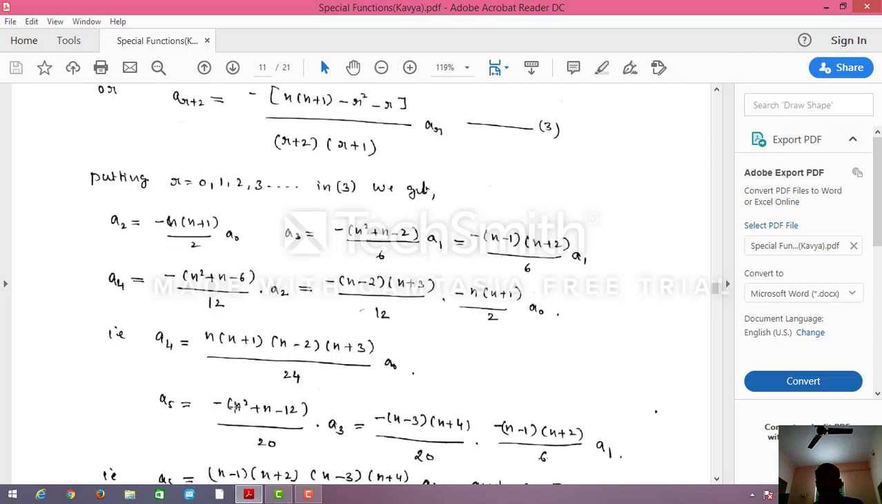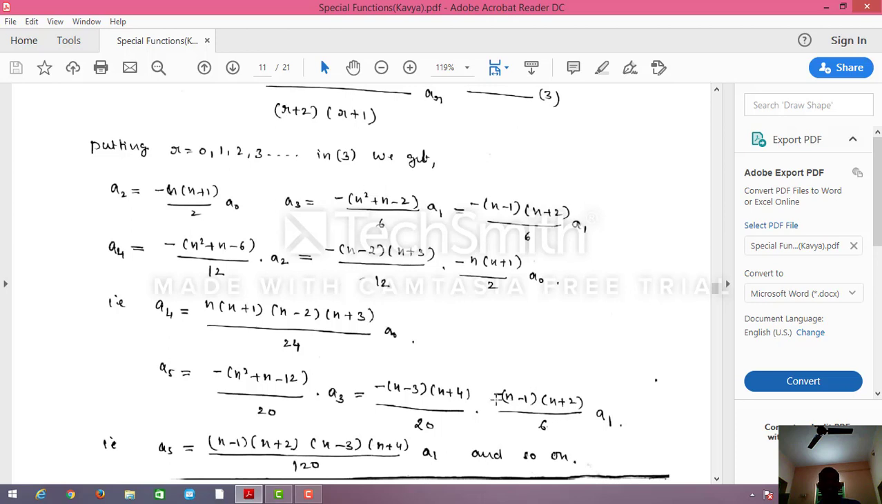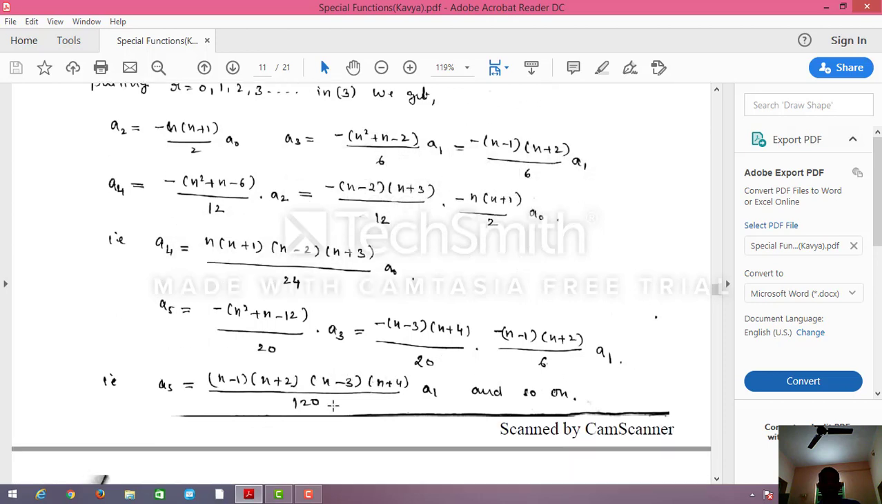Now first I will factorize this. N square plus n minus 12, if I factorize, I will get minus of (n minus 3) into (n plus 4), divided by 20 into a3. What is the value of a3? Already you know that, no? Minus n of (n minus 1) into (n plus 2), divided by 6 into a1. That value I am writing here. Now finally this minus into minus should be plus. N minus 1, n plus 2, n minus 3, n plus 4, divided by 20 into 6, which should be 120,